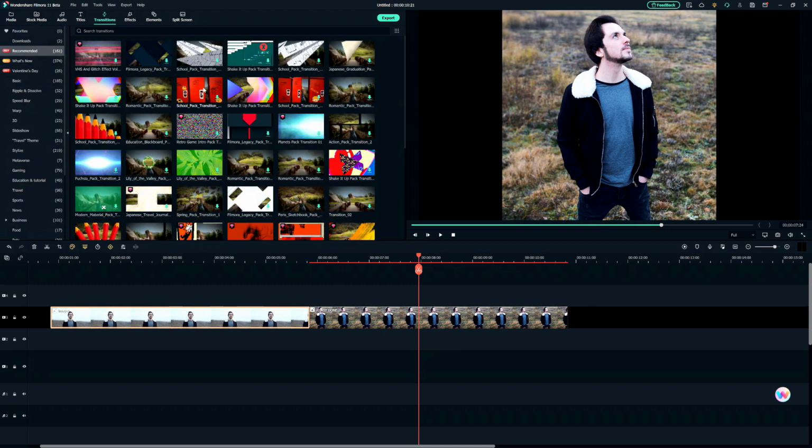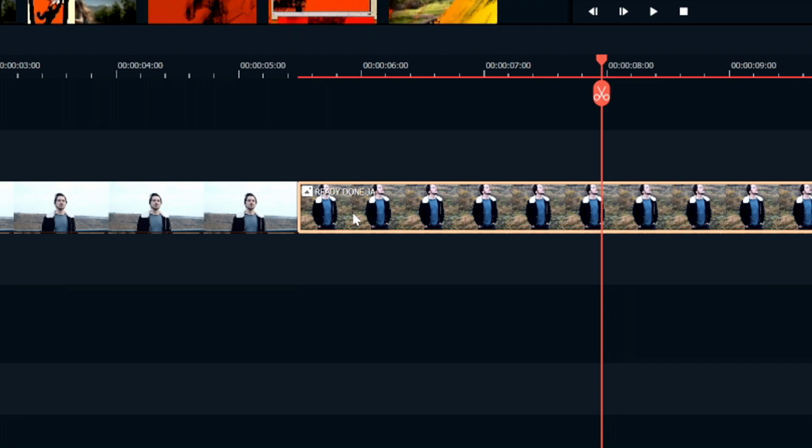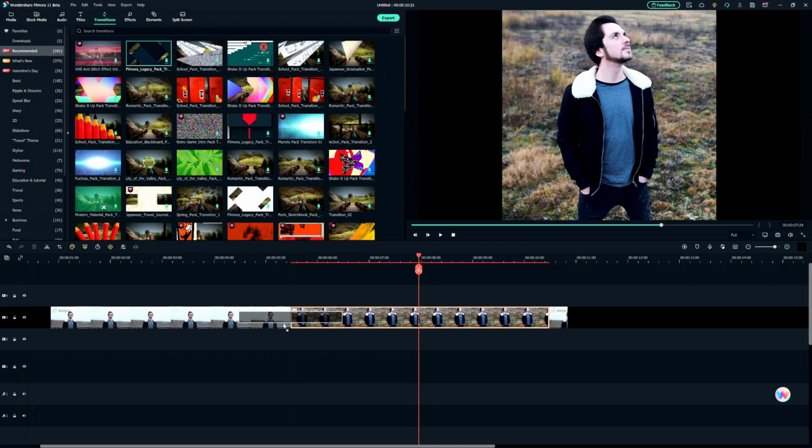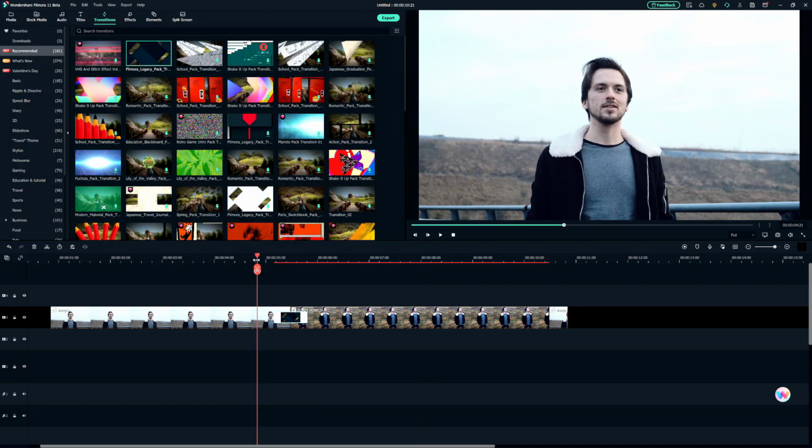So now that we have all the different transitions ready, there's no need to make a crossfade. You can just position it against the clips as you see right here in the timeline, that they're touching. And then you just want to drag on a transition right here, just like that. And this bar basically means how long the transition is. So if you make this really small, that's going to make the transition a lot shorter and faster,